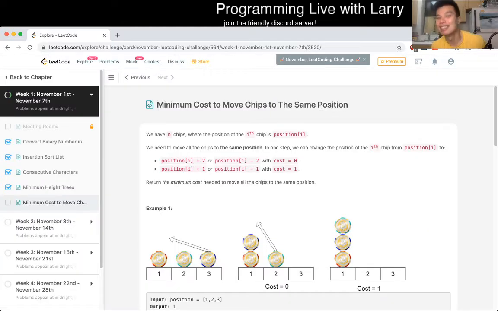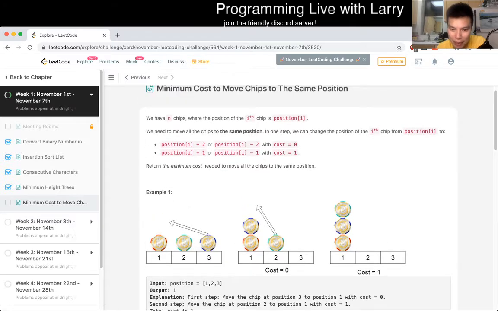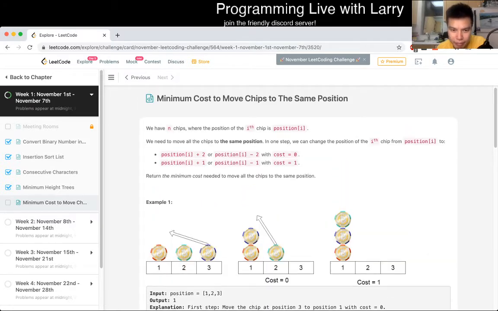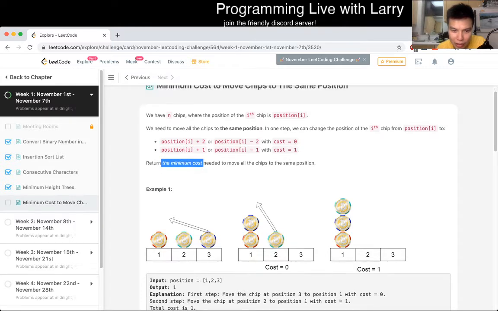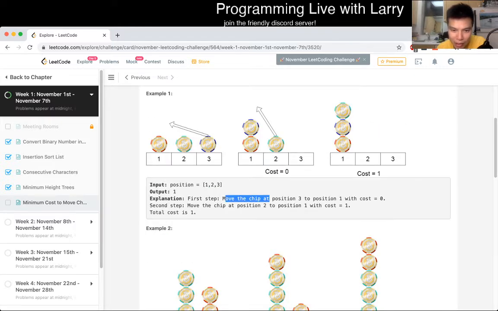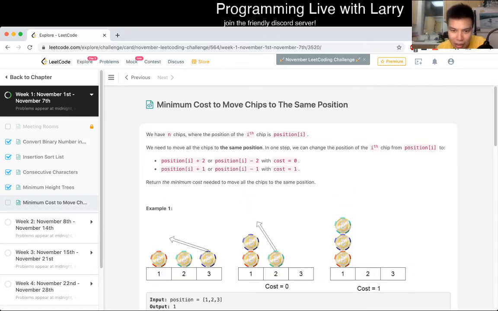And today's farm is minimum cost to move chips to the same position. You have n chips. When the position is i, if chip is position of i, okay. Want to move all the same step, okay. Return the minimum cost. 1, 2, and 3. Move the chip at 3 to position 1. What is the cost? Okay. That's it. So basically, you can move 2 spaces with cost of 0 and 1 space at the cost